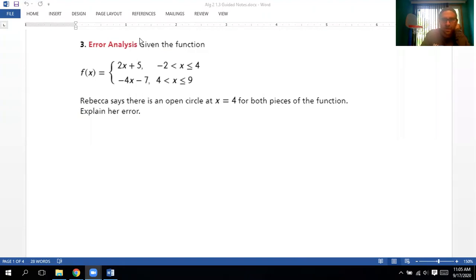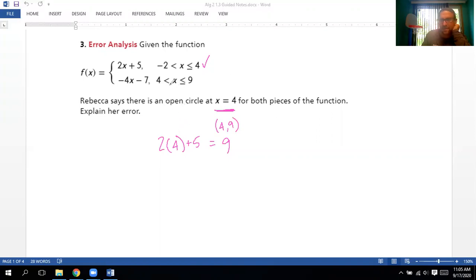All right, so if x equals 4, which one would we plug it into here? And this is what you guys will do on your CYU. If I say x is 4, am I plugging it into the top one or the bottom one? Both of them have a 4, but which one equals 4? That would actually be the top one here. So if we plug it into the top one, we'd have 2 times 4 plus 5, which equals 9. So there should be a solid dot at the point (4, 9) on our graph,